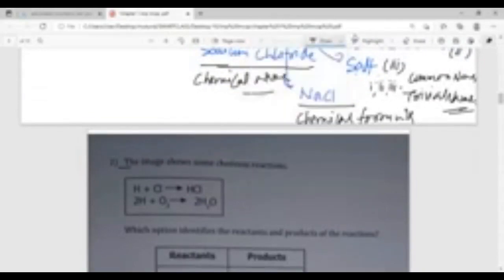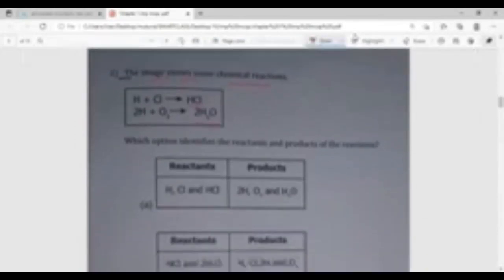The image shows some chemical reactions. H plus Cl, that gives HCl. 2H plus O2, that gives 2H2O. Now, my dear students, we have a question. Which option identifies the reactants and products of the reaction? So here you can see that in this case we have reactants H and Cl, whereas product